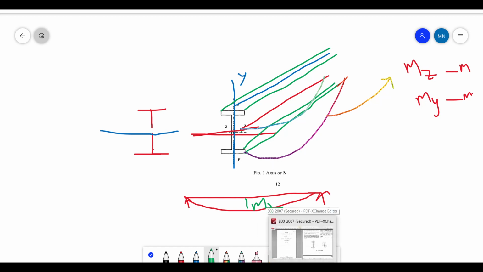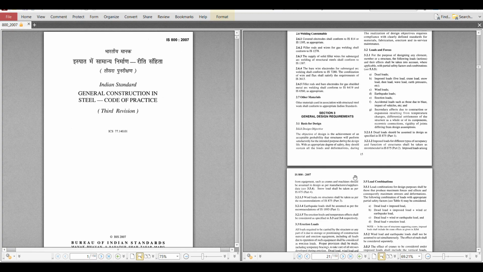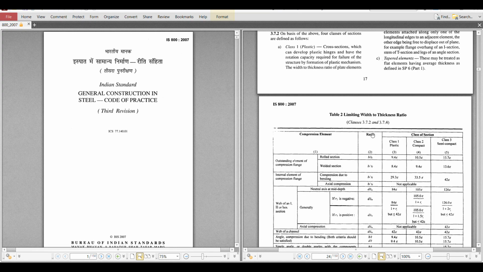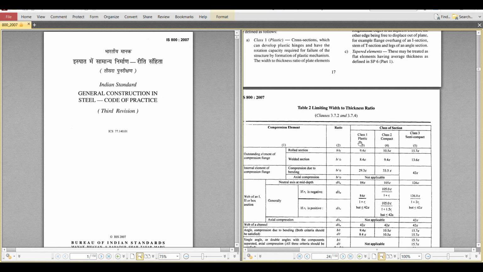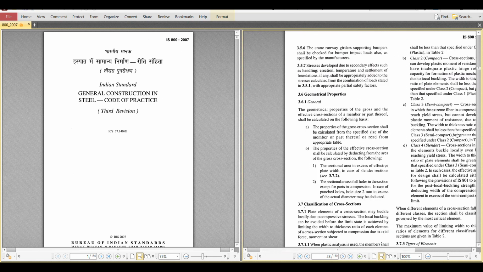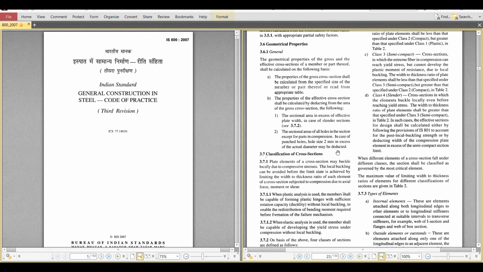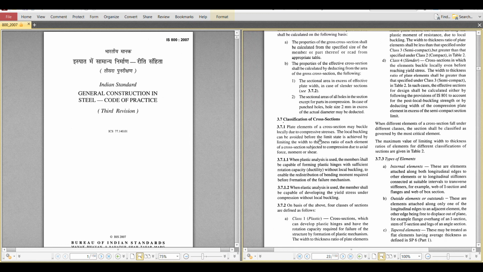Okay, so that's how the section has been classified. Next important thing is your section classification. Currently we have three classifications: plastic, compact, and semi-compact. All the theory has been given here, so you can go through it and understand what a section is. But the importance of classification is that,